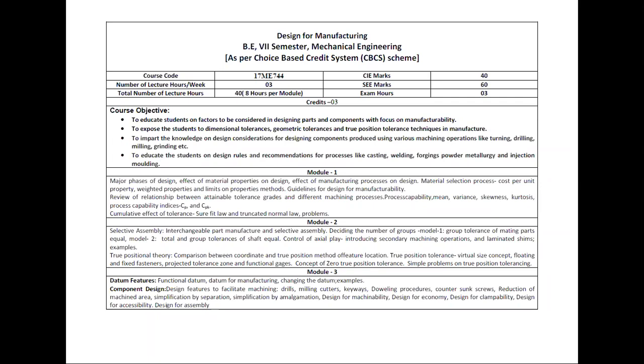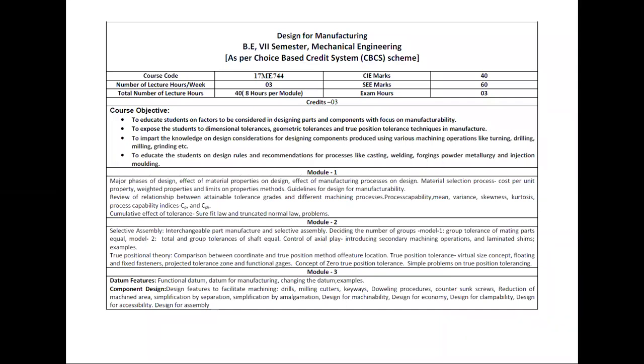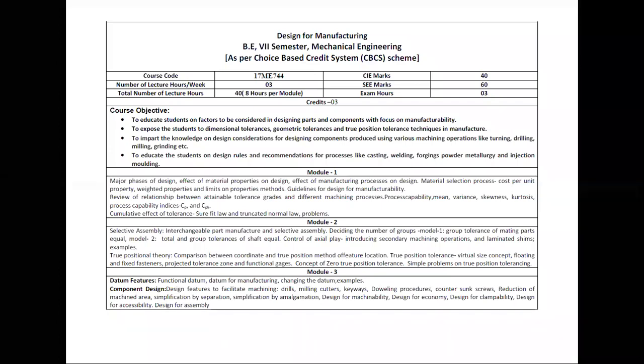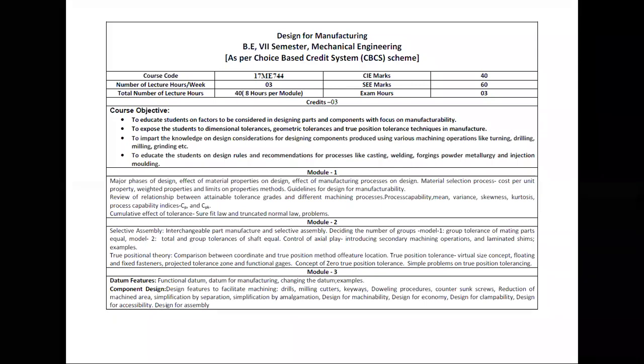And this tolerance plays an important role in the manufacturing process, because it determines how well a part is going to fit in the final piece, when you take the end product, and how reliable the final product will be. Whatever component the company is manufacturing, it should be reliable. When the component is manufactured, tolerance plays an important role.